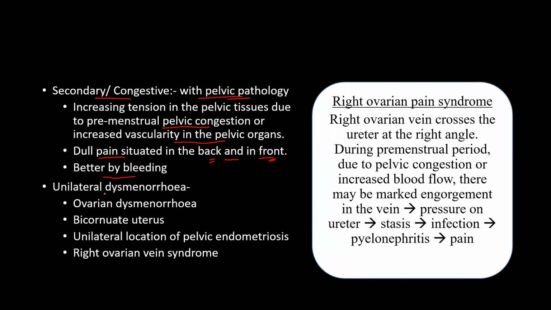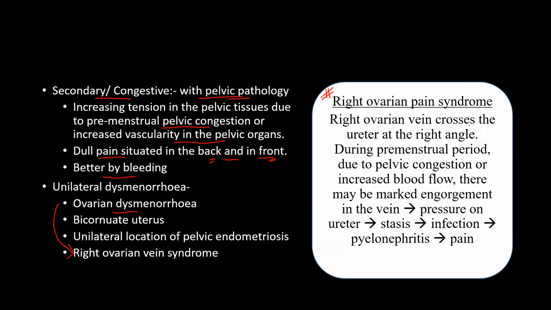So next is unilateral dysmenorrhea. Remember unilateral dysmenorrhea. Now that is something called the ovarian dysmenorrhea. Okay. So what is an ovarian dysmenorrhea? With regards to that, you need to remember is a right ovarian vein syndrome or a pain syndrome. So here you can see a right ovarian pain syndrome. Remember, during